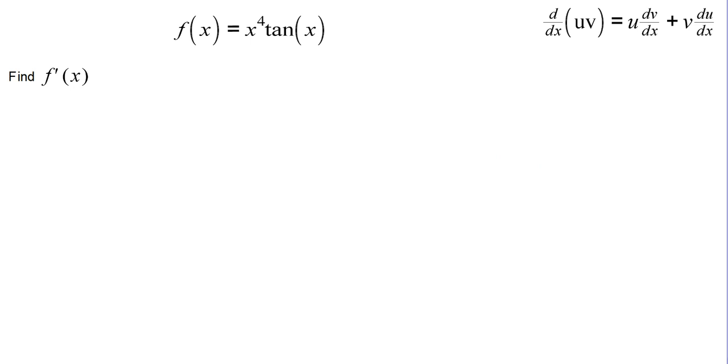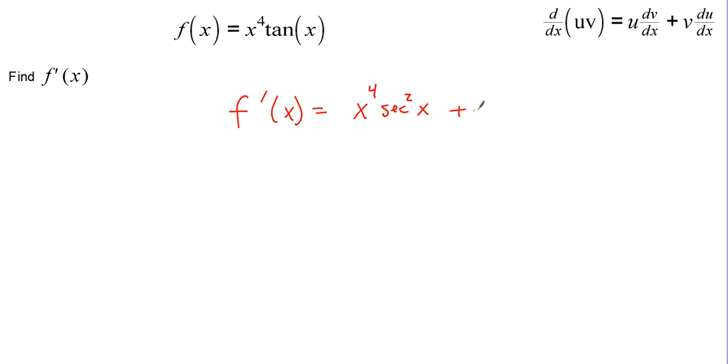Again, we have a product of two functions. If f of x equals x to the fourth tangent x, we need to find the derivative using the product rule. So f prime of x should equal u, x to the fourth, times the derivative of tangent, and the derivative of tangent is secant squared x,